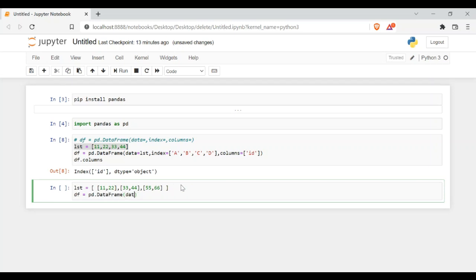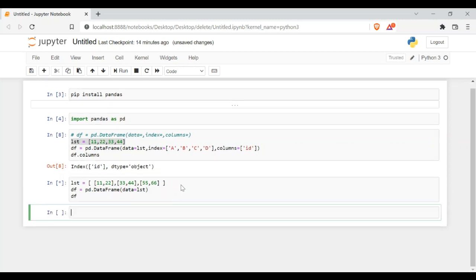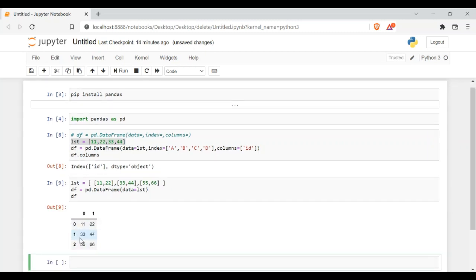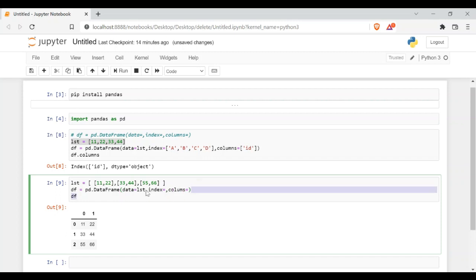For that I will give data only lst, and I'm going to print this command. Now you can see here we are having 3 rows, and the index is 0, 1, 2 and the columns are 0, 1. So you can provide index and columns as you want. Okay, so you got to know that we can create a data frame from a list